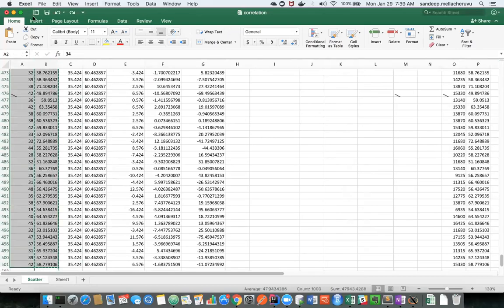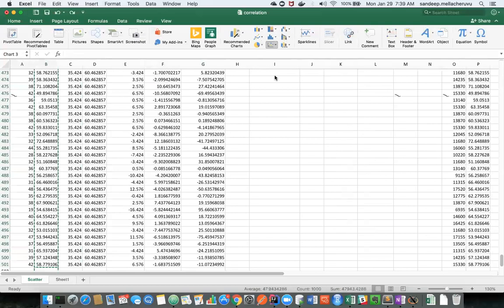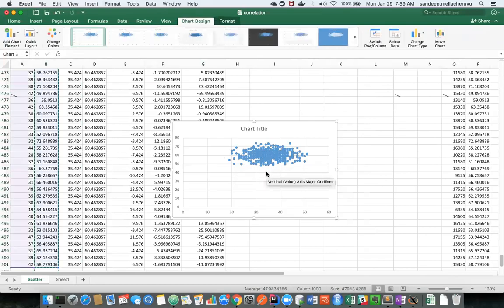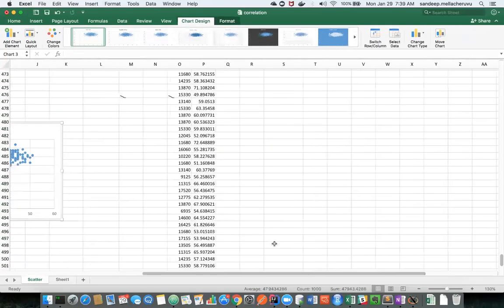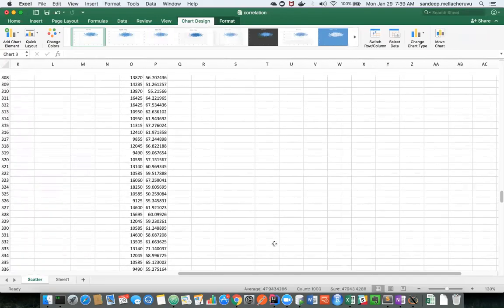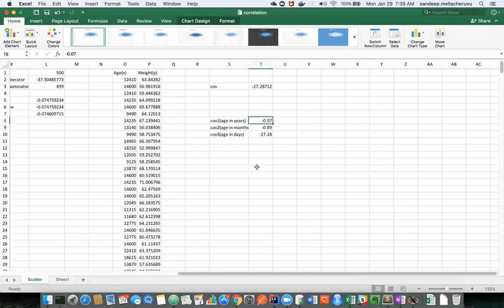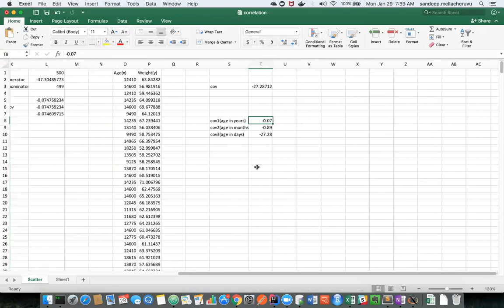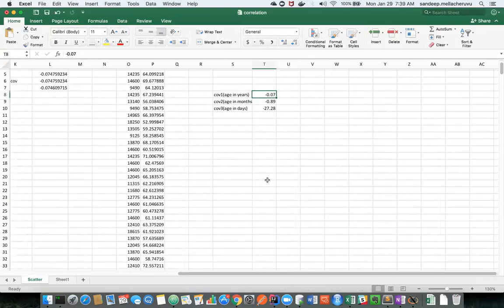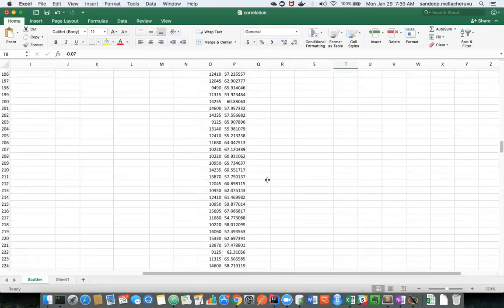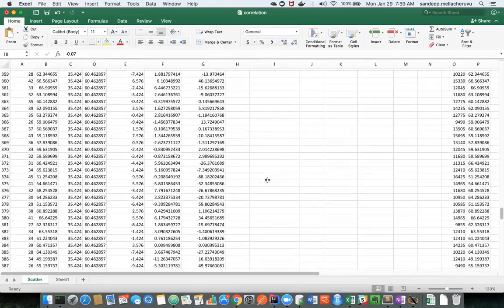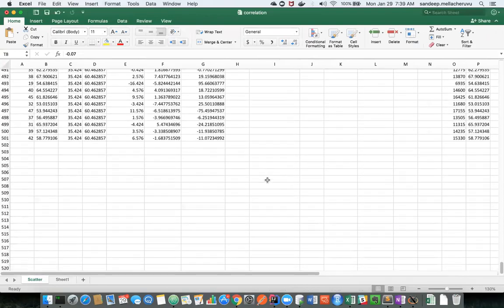Okay, if I do a scatter plot, your scatter plot is actually giving no relationship, but your covariance could identify that there is some negative relationship. So sometimes interpretability is very difficult in a scatter plot, and it's much easier in covariance, because covariance